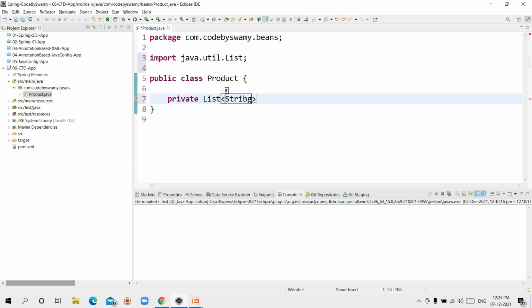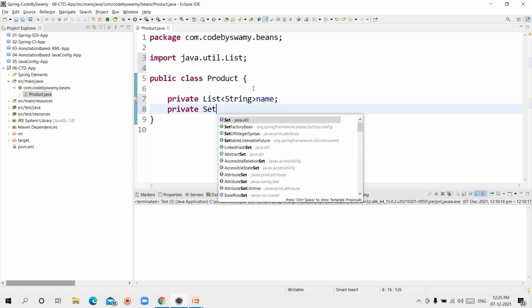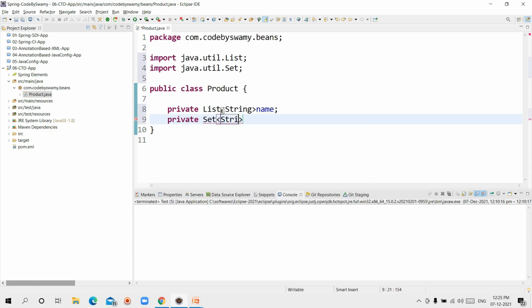I'm taking a List of String, I'm taking name, product name. Private Set of String, I'm taking models. You can say brands also, whatever it may be. Brands.